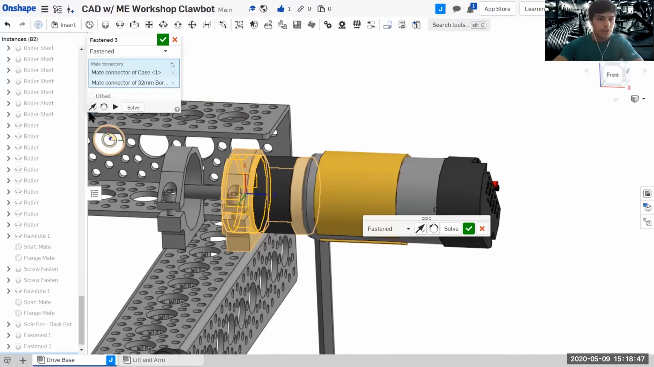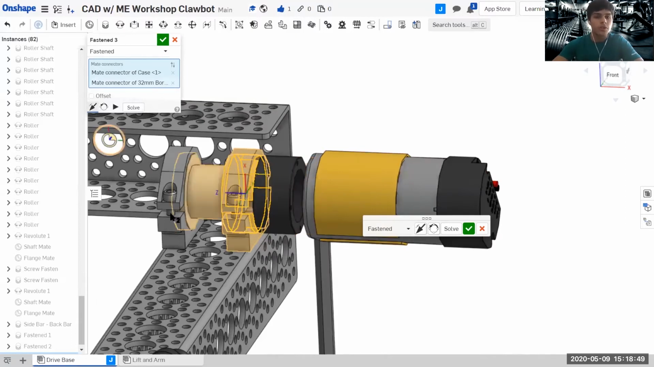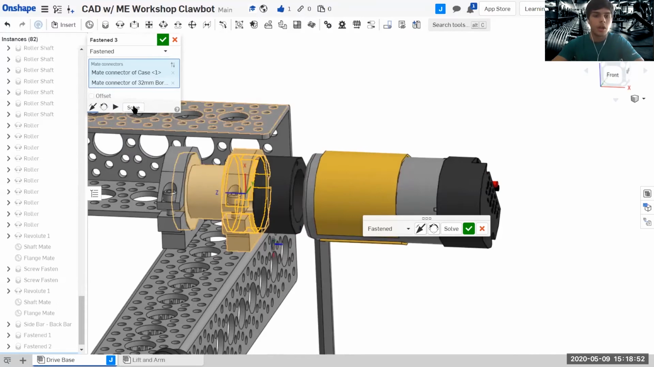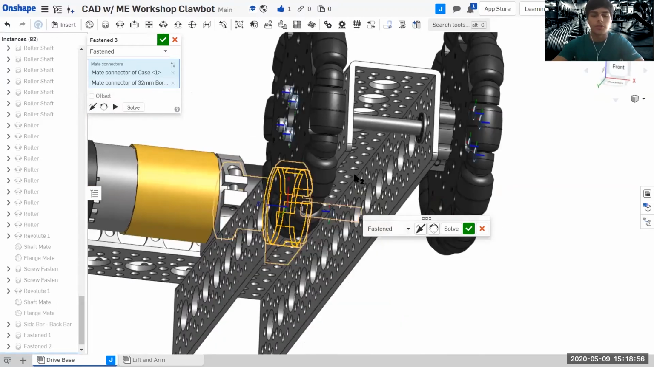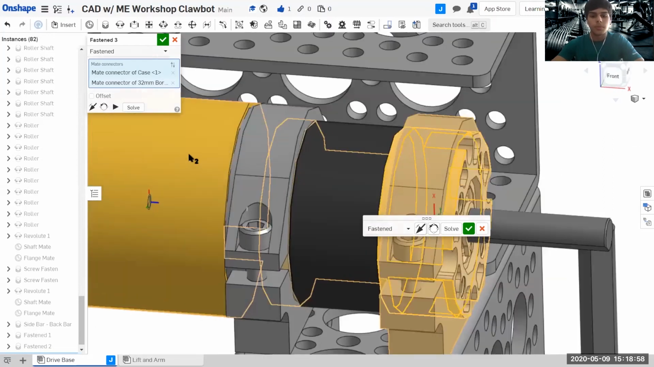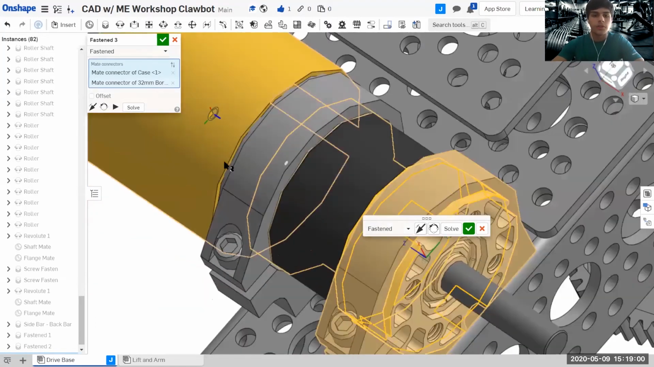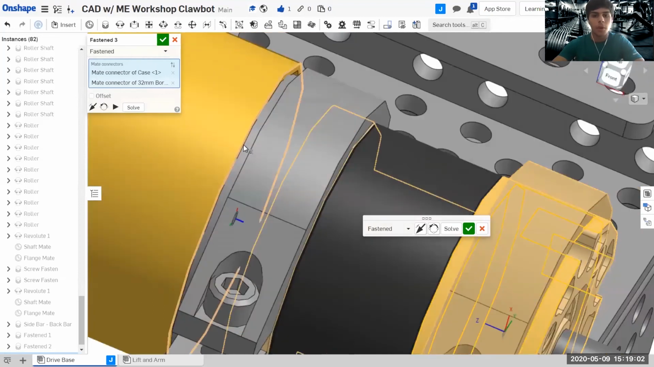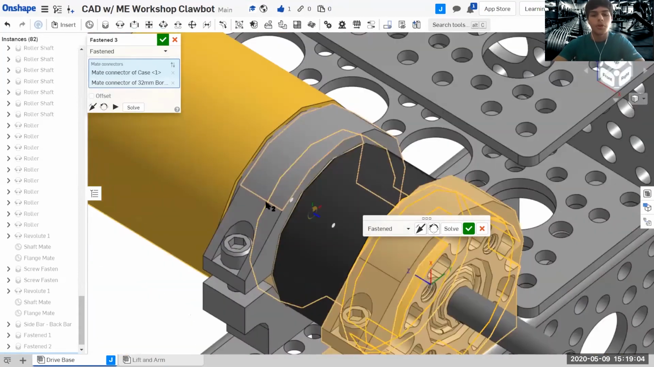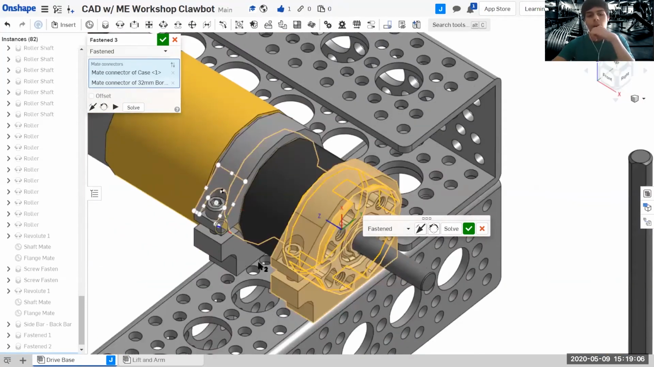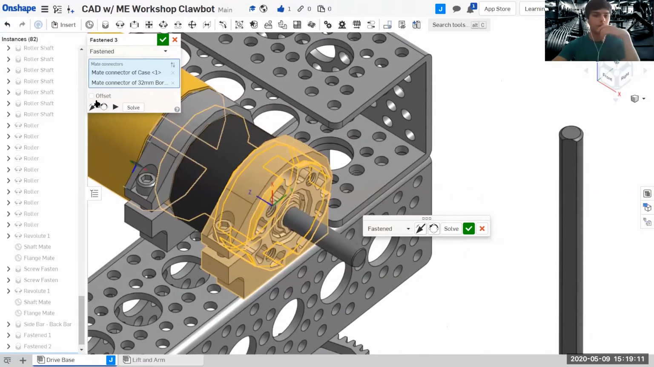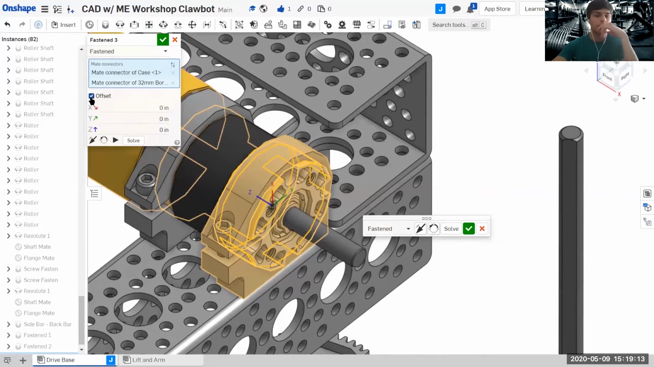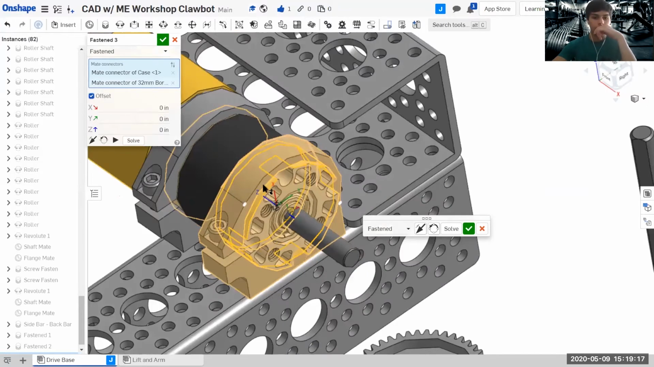So again, good example of me using the flip primary axis button, and I'm going to click the solve button again. And is that how I want my motor? Let's see. As you can see, it's still kind of bumping up against the motor. So I'm going to be using what's called an offset. So for fasten mates, you can do an offset. So if you click the checkbox here in offset, you have different offsets for the x-axis, which would make the